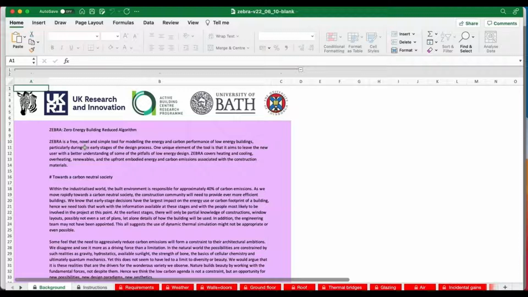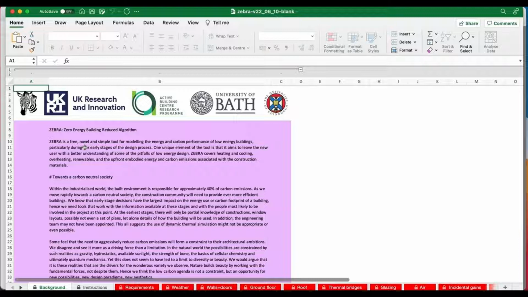But it also contains a lot of tips on low energy design, so things about air tightness, and tips on modeling, why it's important to get certain parameters really well and very precisely described, and why you can be a bit more relaxed on some of the other parameters.